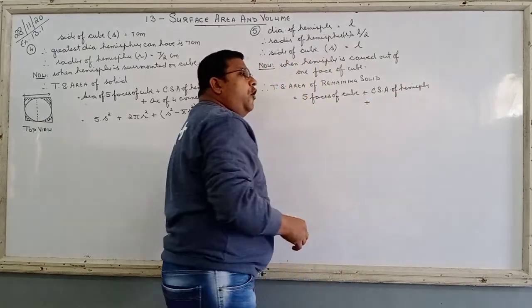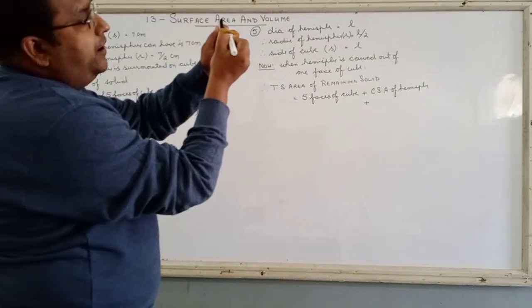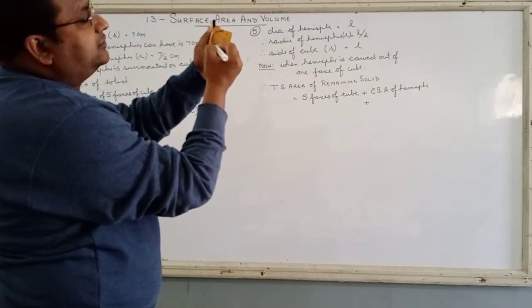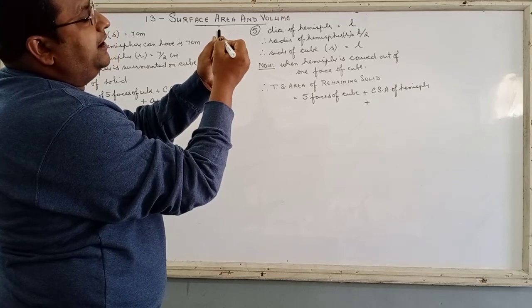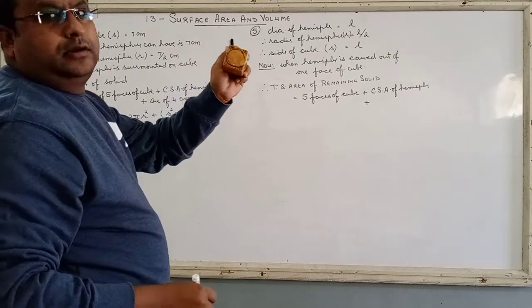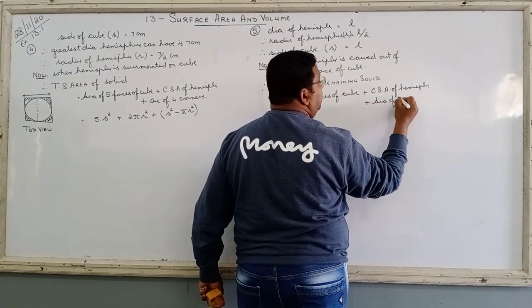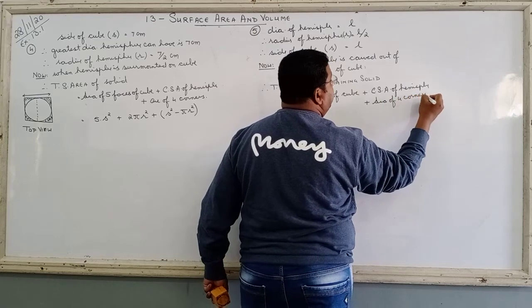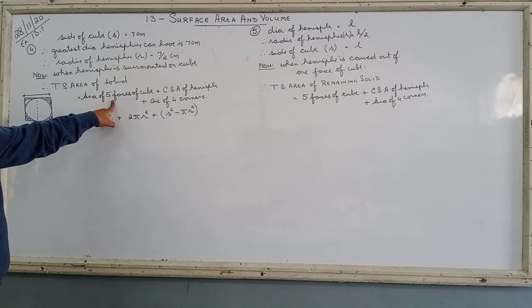And will the 4 corners be visible? Just check, I am drawing it over here. This is the circle that is going to be drawn like this by the hemisphere. Will these 4 corners be left out? Can you see these 4 corners? Plus area of 4 corners. Right? Area of 5 faces.